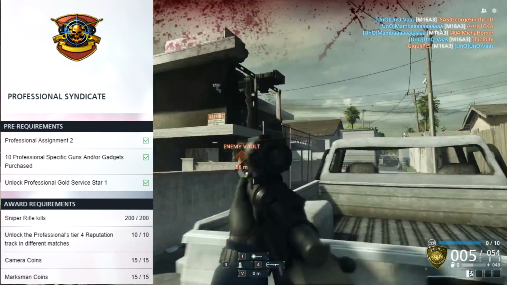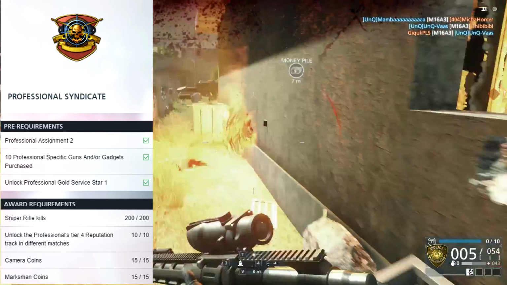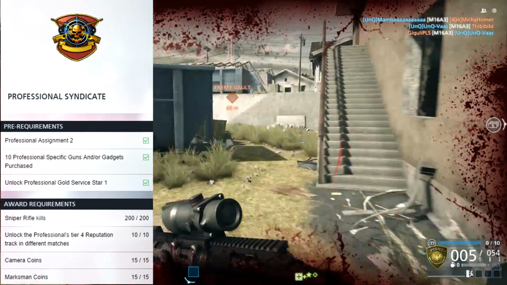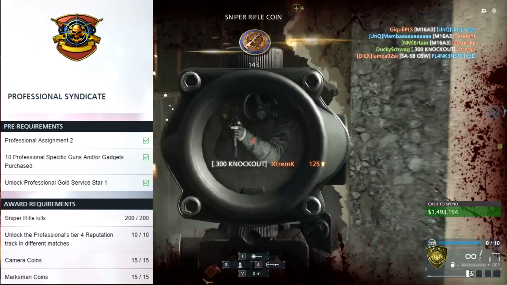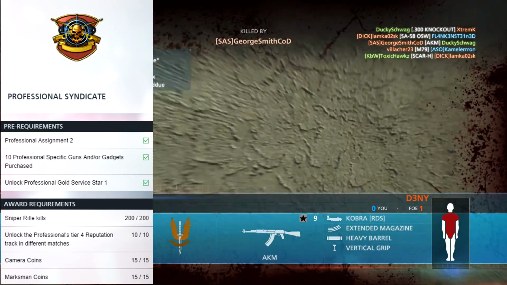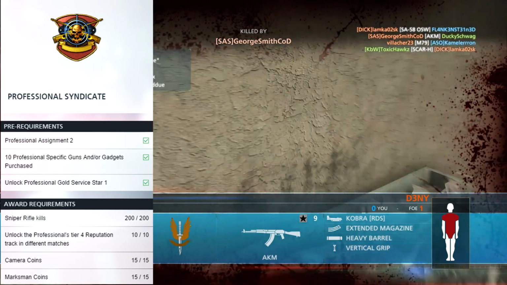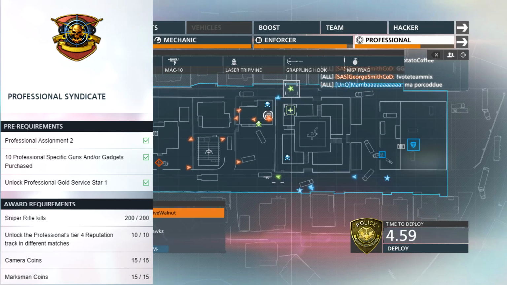You need to get 200 sniper rifle kills. I want to remind you that sniper rifle means not only the bolt action, like the R700 and AWMs, but also the semi-auto ones, the things like the SOCOM. So those can be useful too, so keep that under consideration when you do it. You're also going to need 15 more camera coins, and just when you think they're gone, they're like, no, hey, I'm present, I'm here, what's up? You also need to get